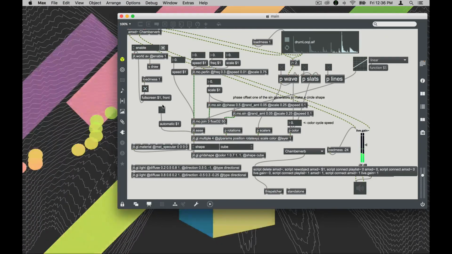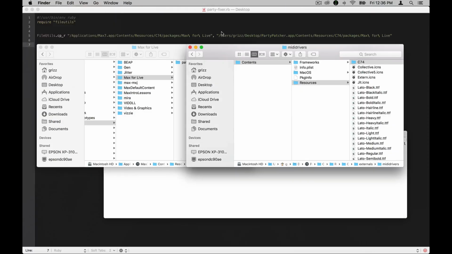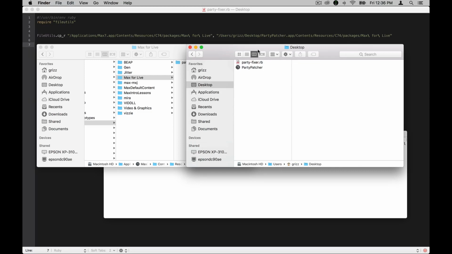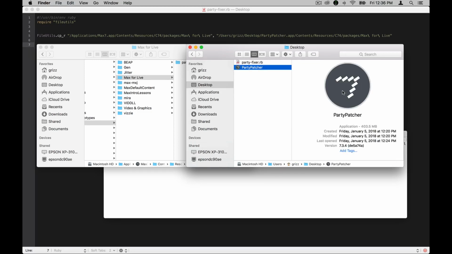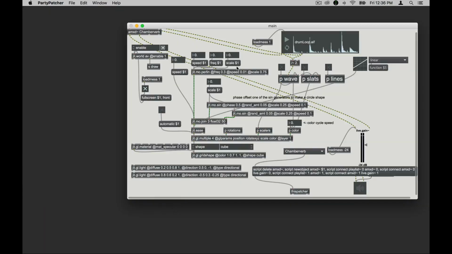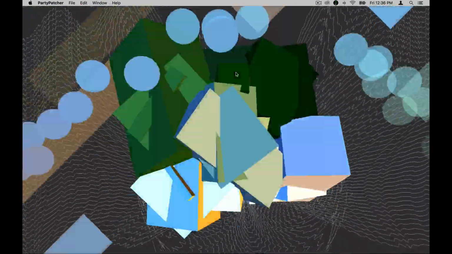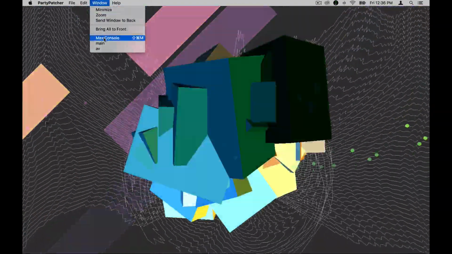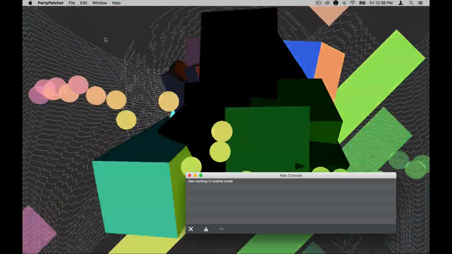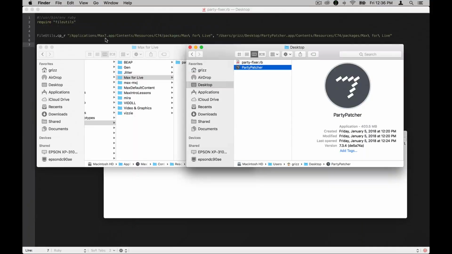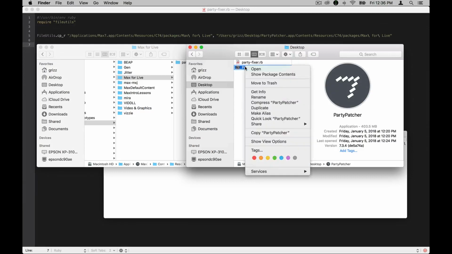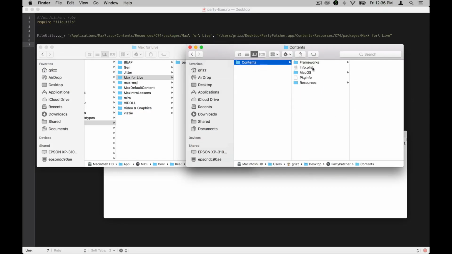We'll come back to Max. We're going to quit Max. We're going to take a look at our patcher. Okay. Let's start this up and see if it works. It may or may not. It does work. And if we want to check, we can always look at the Max console. Okay. Let's do that again. We can go through and